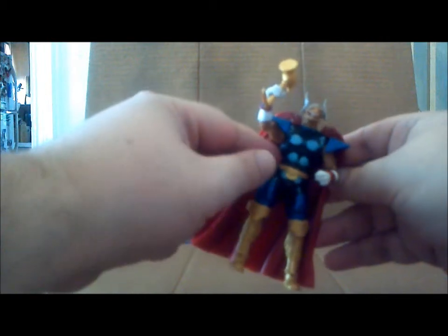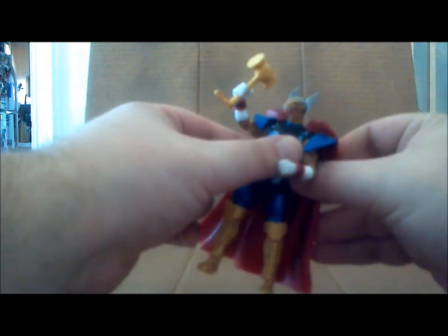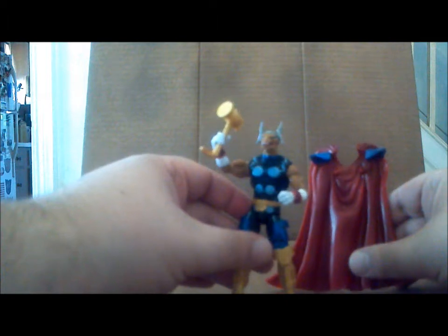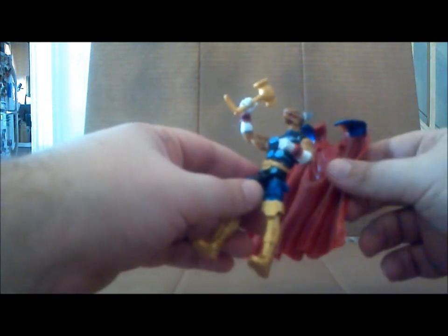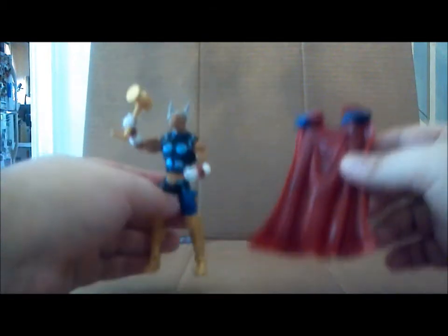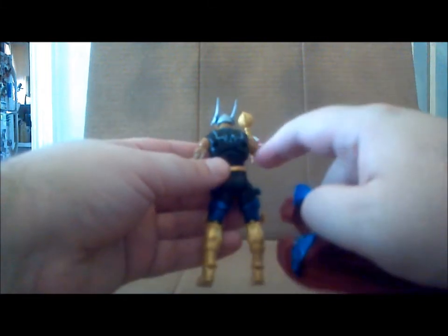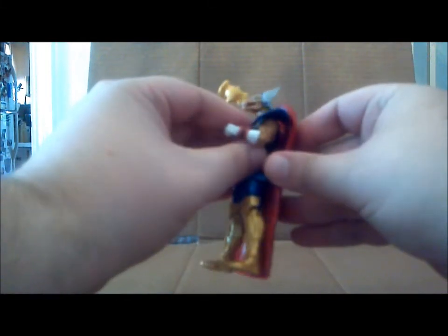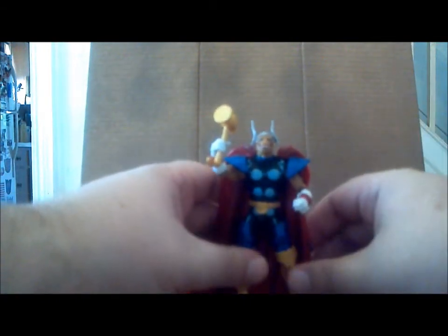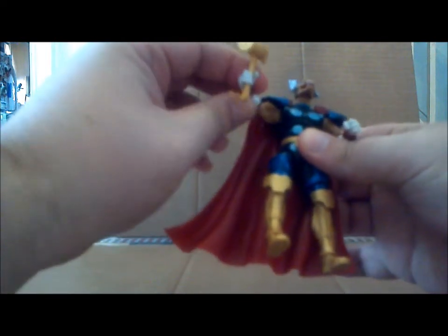And a few things I want to just go over real quick. Hasbro, I think, has finally figured out how to do plastic capes with these guys. Basically, when you take him out of the package, the cape is fastened in behind the tray, but it's not plugged into Beta Ray Bill, so you can just take the figure out and then take the cape out. There are 2 pegs here that peg into the holes in the back of Beta Ray Bill. But if you notice, the shoulder parts and all that are part of the cape, so it really doesn't affect movement at all. Speaking of articulation, he does have